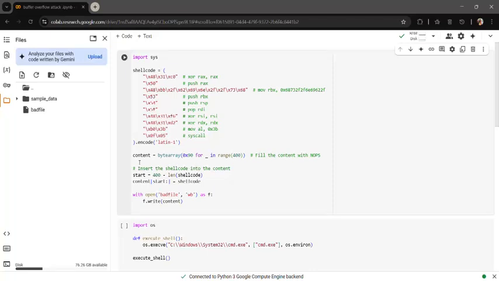Today's topic is the buffer overflow attack. This is a type of attack that exploits a software vulnerability where a program writes more data to a buffer than it can hold. When this happens, the extra data spills over into adjacent memory locations, potentially overwriting and corrupting valid